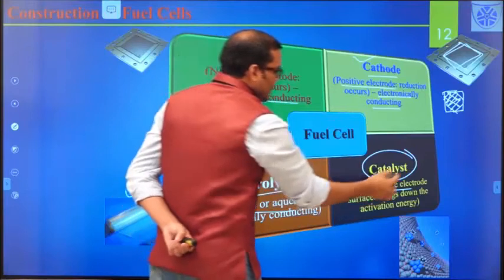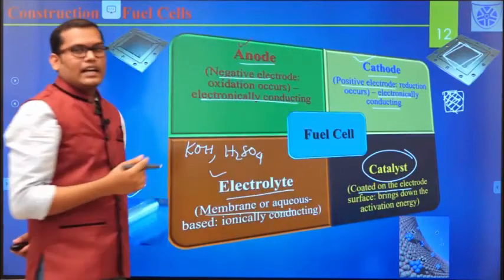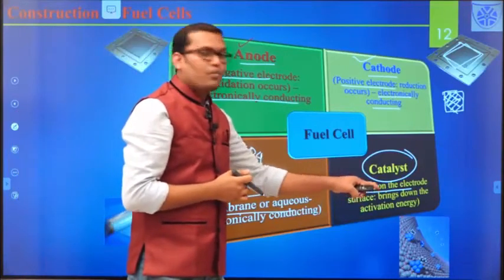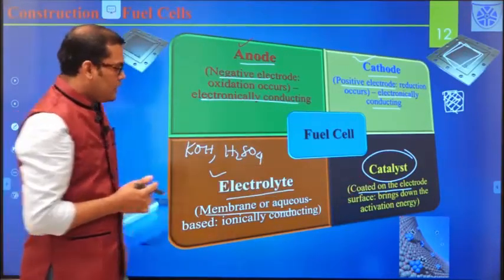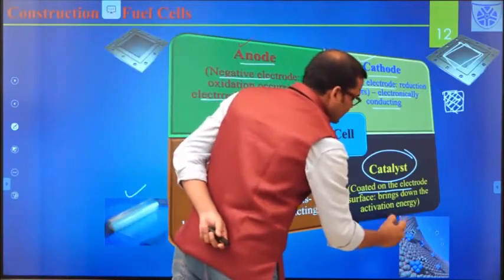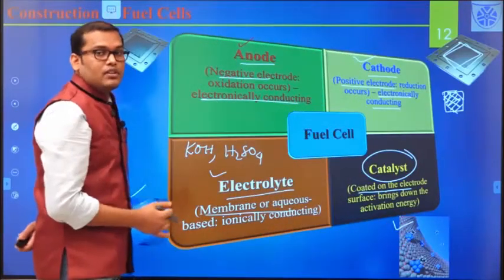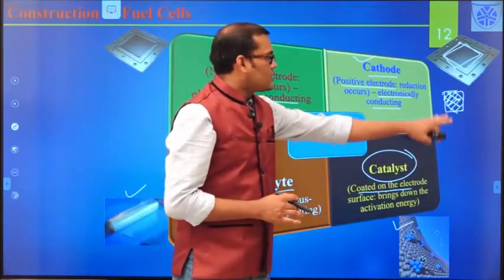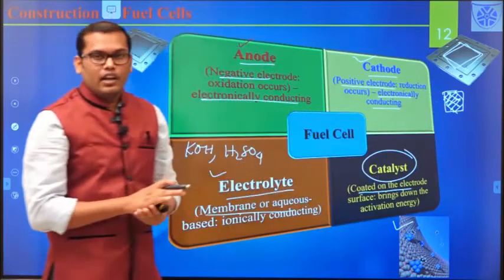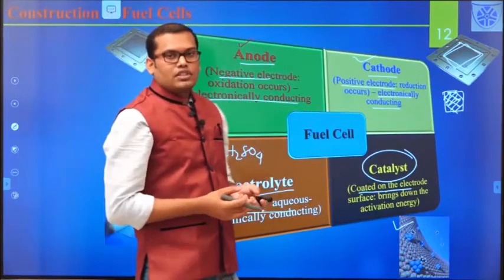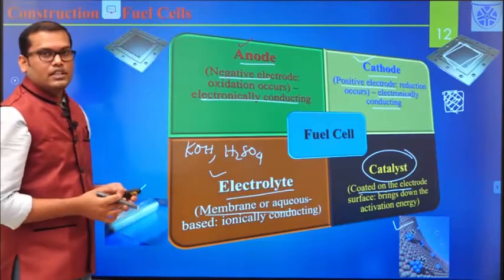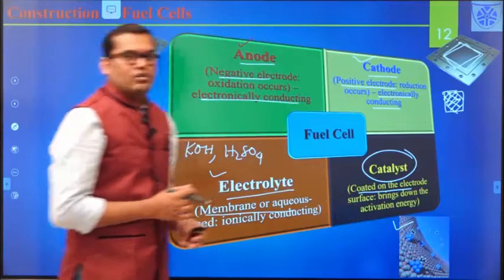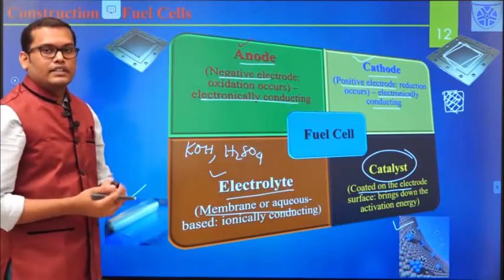The role of the catalyst is to bring down the activation energy of each electrochemical reaction. So the catalyst has a very important role in the fuel cells, right? The electrochemical reactions happen on the surface of the catalyst. So you need to coat that catalyst on the surface of the electronically conducting graphite foil. Then whatever fuels or oxidants pass through the fuel cells, those electrochemical reactions will occur at the surface of the electrodes, and by which at the end we will get the electricity.